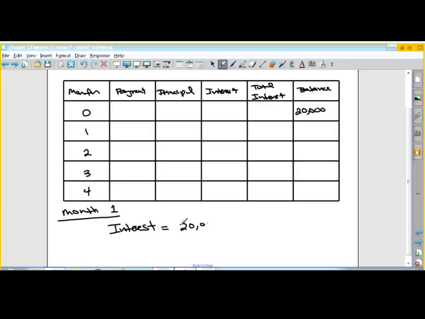So the interest per month is the total balance times the interest rate, which is 0.065, divided by 12. So you use your monthly interest rate. So let's calculate that. 20,000 times 0.065 divided by 12. So we get an interest of $108.33. So we enter that here, interest, $108.33. And our payment was